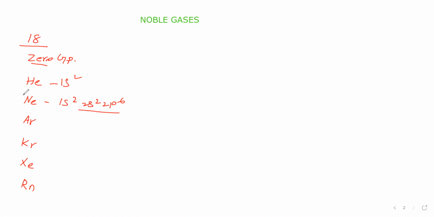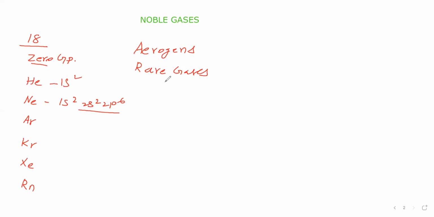Since these elements were thought not to participate in chemical reactions, they were called inert gases. All the elements are gases. Next, these elements are called aerogens, because they are present in the atmospheric air. Then these elements are called rare gases because their availability is very low. But after some time, they came to know that these elements are involved in chemical reactions under certain